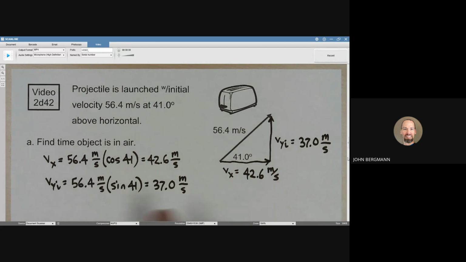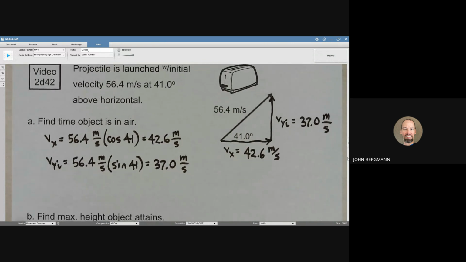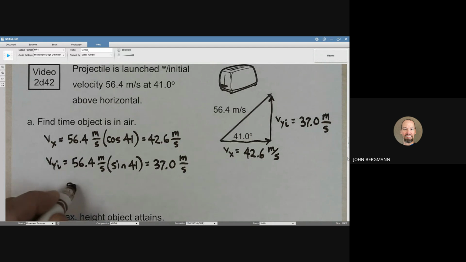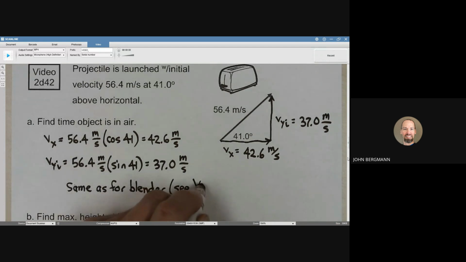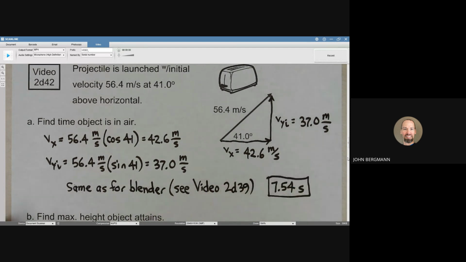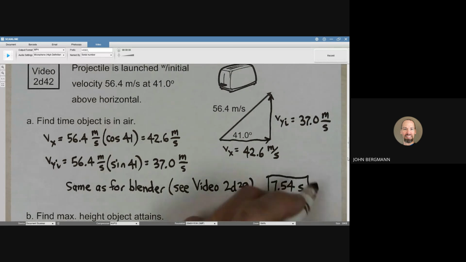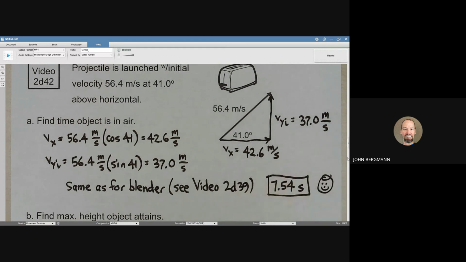Therefore, the time that this toaster is in the air is going to be the same as the blender. The same as for the blender. See video 2D39, 7.54 seconds. The fact that this toaster is also moving horizontally makes absolutely no difference. The only thing that determines how long it's going to be in the air is the vertical motion, not the